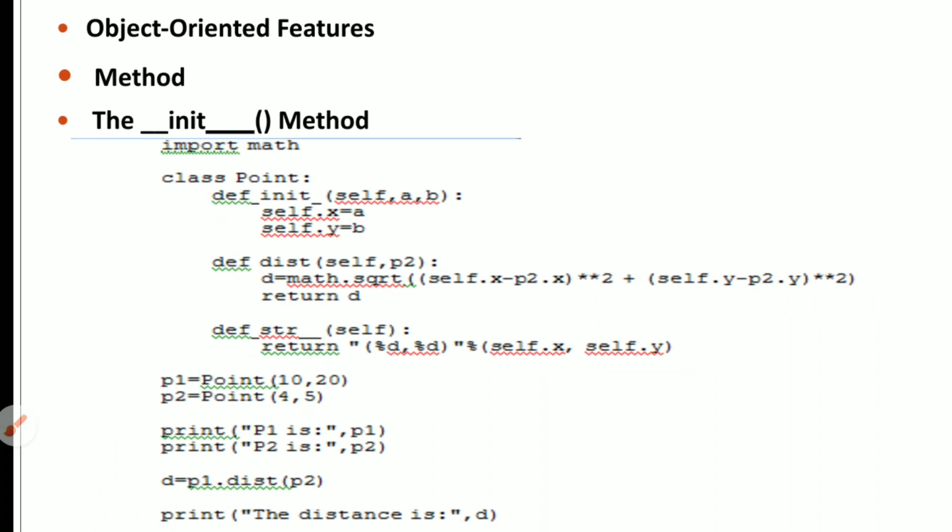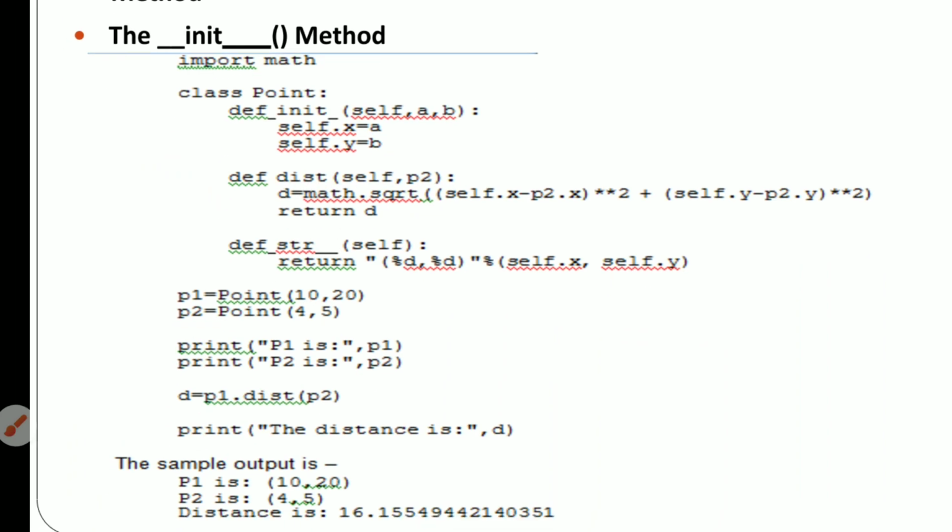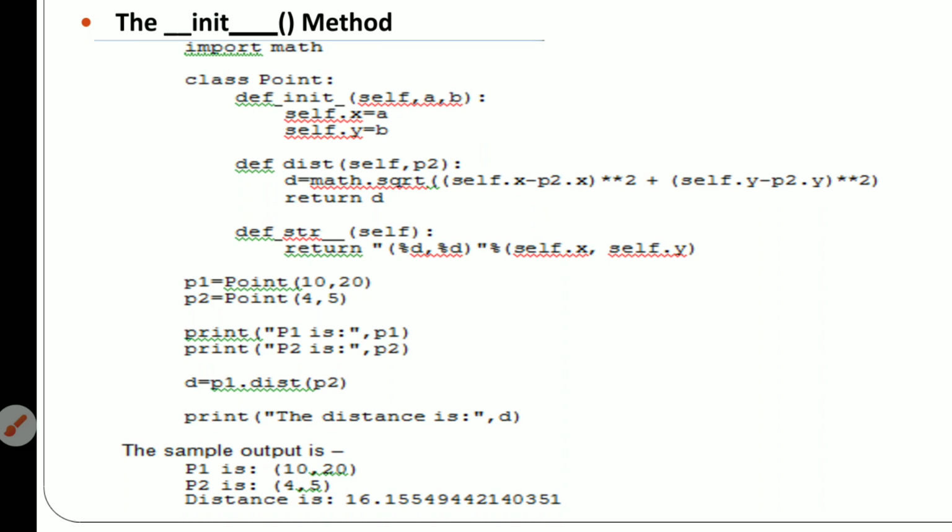Using the Euclidean distance formula: math.sqrt of (self.x minus p2.x) squared plus (self.y minus p2.y) squared. After this I use a special method for strings, which represents user-defined objects, for printing.